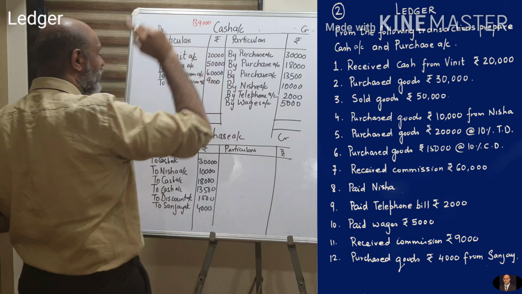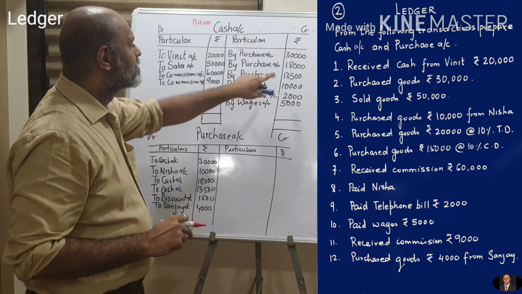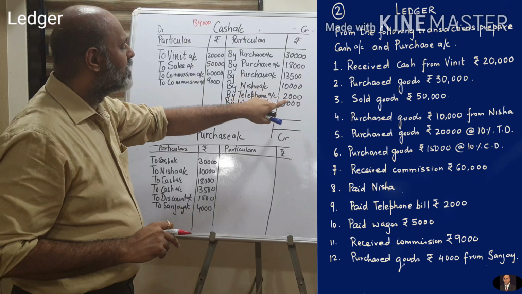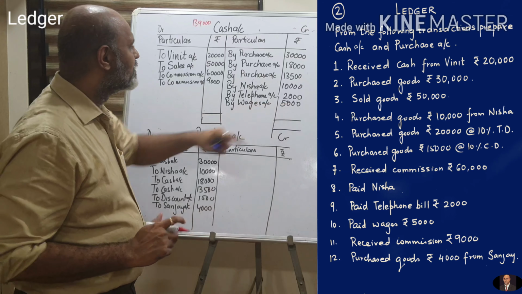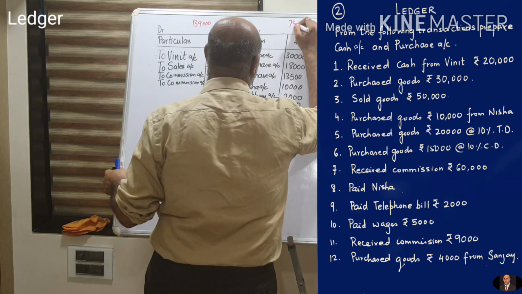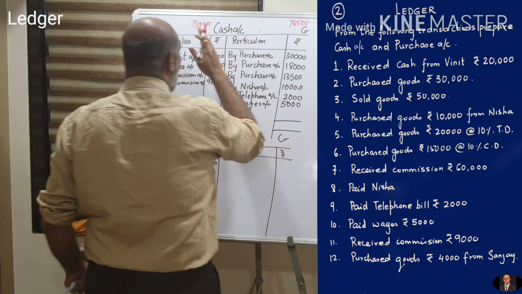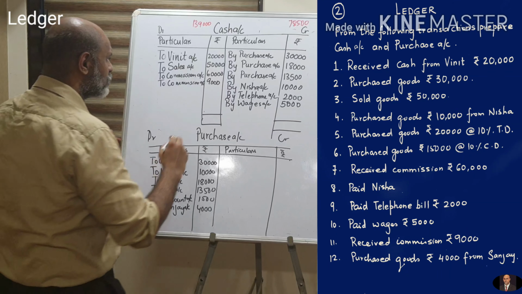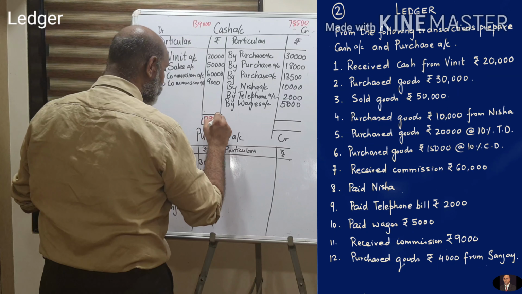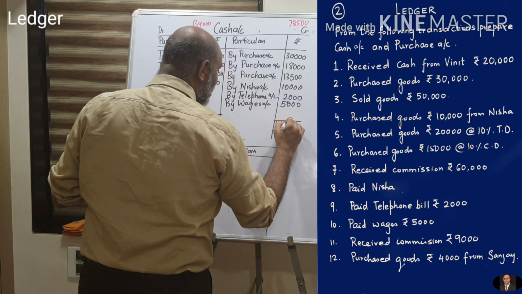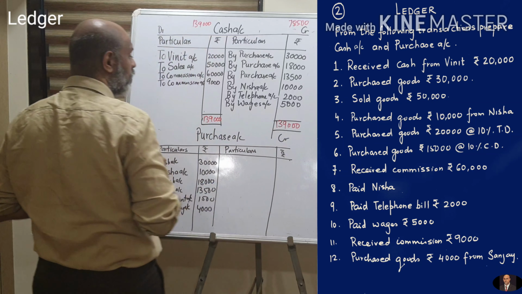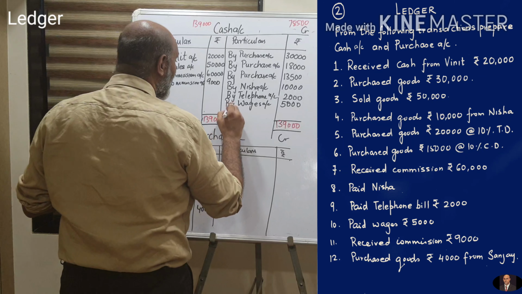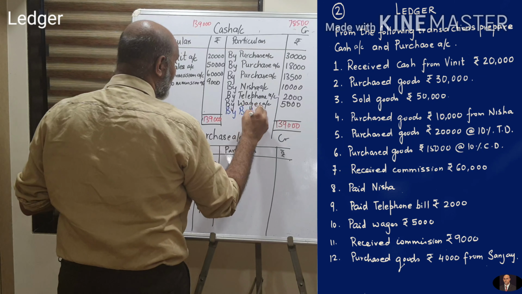Just for you, you have to write it in pencil. On the other side it's 30 plus 18, 48, 61,500, 71,500, 73,500, 78,500 is the figure here. So I write 78,500. Of course, you will notice that 1,39,000 is greater than 78,500. So I put 1,39,000 on both the sides. Okay. Then I go to the side which is weaker. The side which is weaker, I will go there and write down by balance carried down.